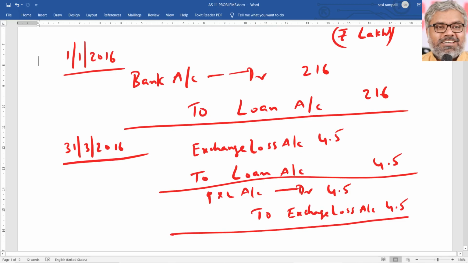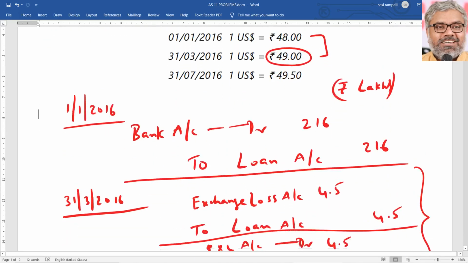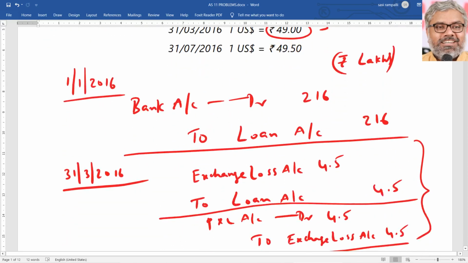But better to have a normal transactional level entry first. Then transferring that to P&L account will be better. Let us say, just for example, depreciation has to be charged. It will be finally debited to P&L account only. So should we say that depreciation account debtor to asset account, or should we say P&L account debtor to asset account? First one will be better. Then depreciation can be transferred to P&L account by a separate entry. So it's always better to split this entry into two parts rather than writing it as a single entry. That's a suggestible presentation. Then this happened and year ended, that is finished.